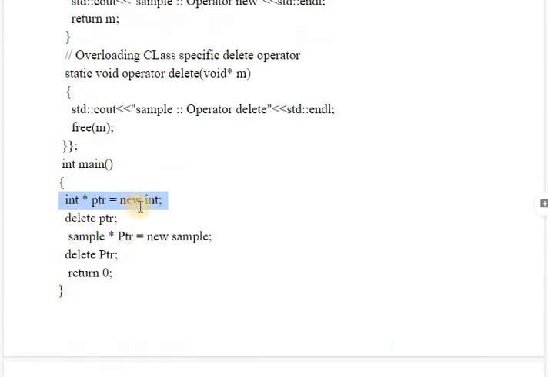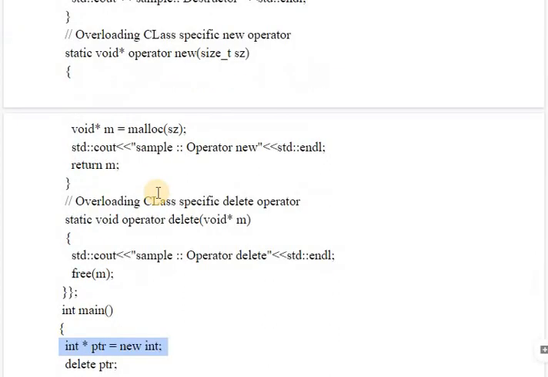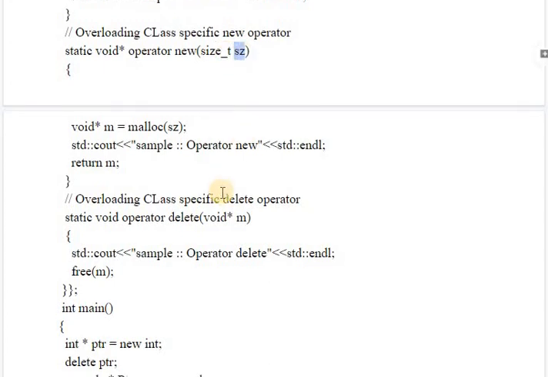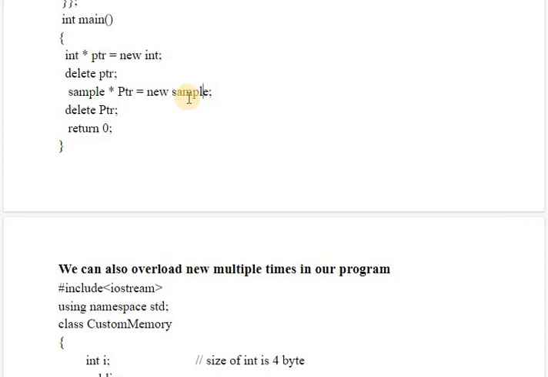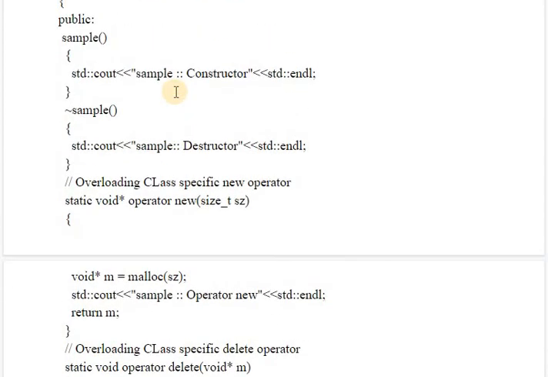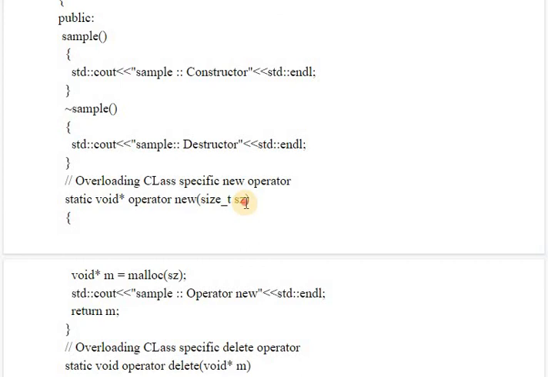The compiler will look that if new is called for the integer data type, it will go to the definition of the new operator overloading. So size_t or sz gets replaced here with the integer type. At the same time I am overloading the new operator for a different type of data. For the object, sample is a class name, so I am creating memory for the object. For objects also the same definition will get called, but here sz behaves like the object.